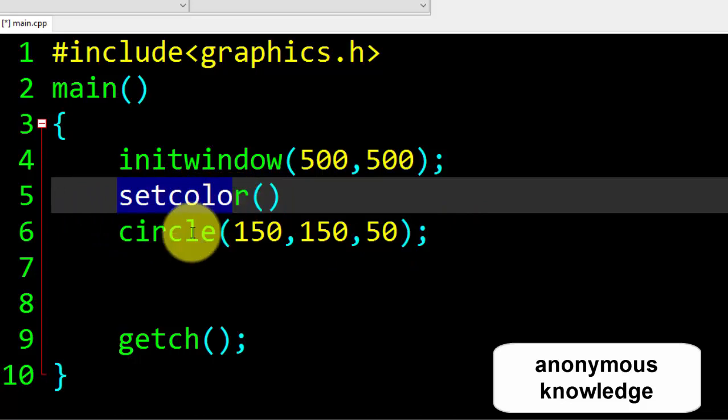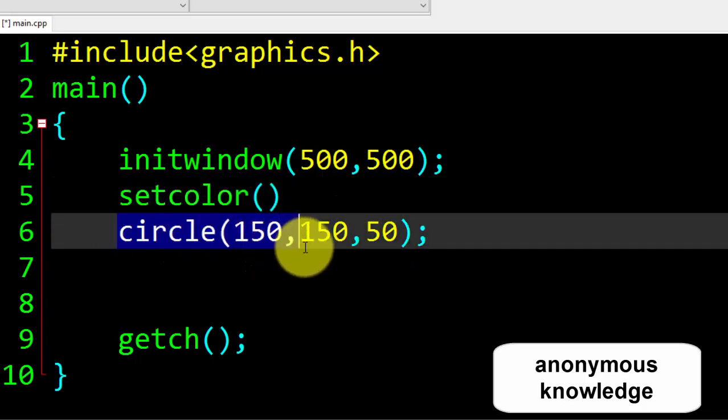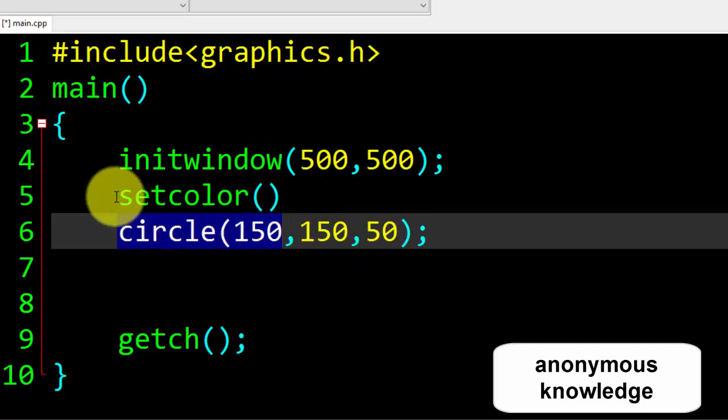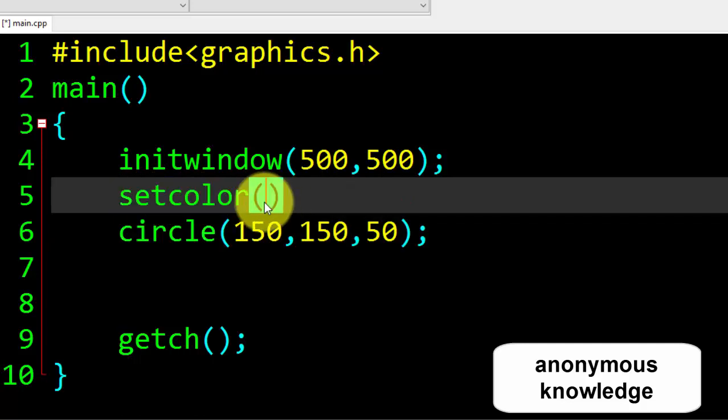It will set the color of that shape, that circle, or any kind of shape you want. If you want to fill color or set color for your shape, it may be a circle, rectangle, line, any kind of shape, you can simply use the built-in function called set color. And here we have to pass that color with capital letters. So if I want to fill red color, I will write red here. If I want white, I will write white. If I want blue, I will write blue. Suppose we want to fill red color. And at the end of that function we have to put a semicolon.